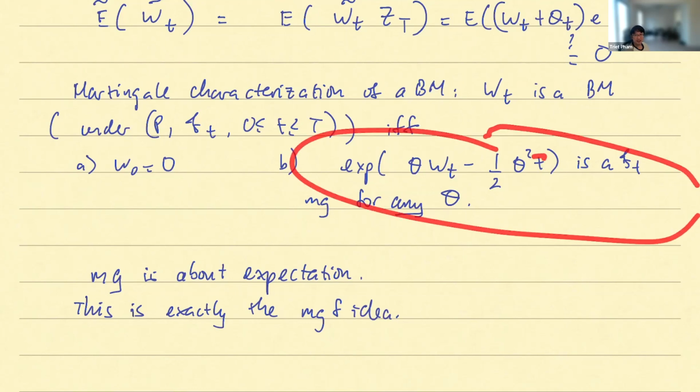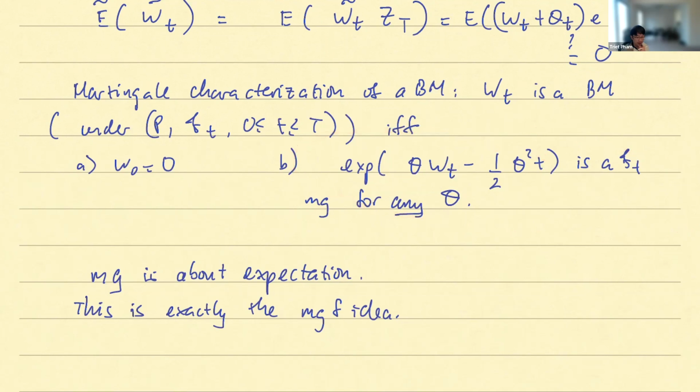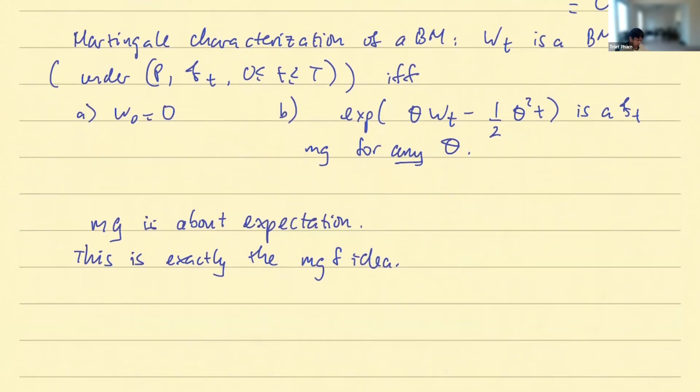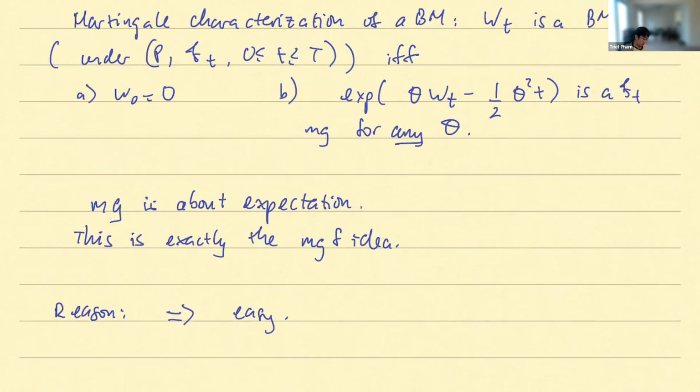As you will see, this is nothing but a generalization of that idea. All right, so let's try to explain why. Let's take a look at the reason. First of all, let's take the direction forward, which I would claim is easy, meaning that if you know something is a Brownian motion, then just do your calculation. This is clear. All right. It's the backward direction that we want to look at.